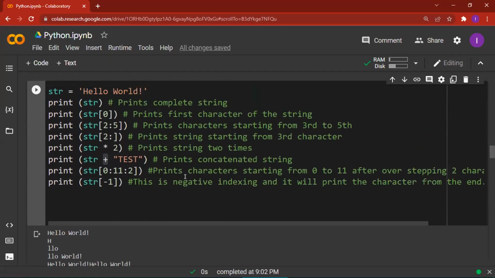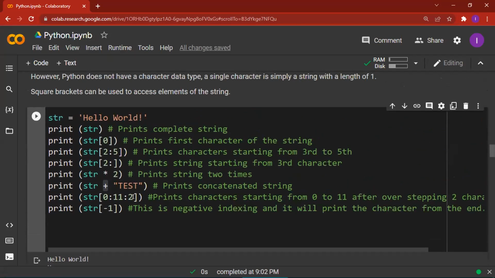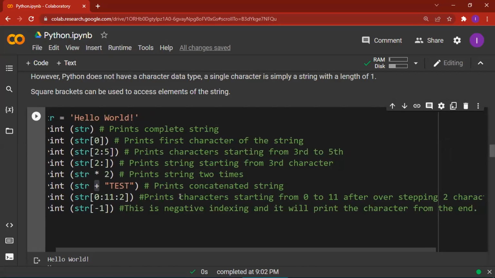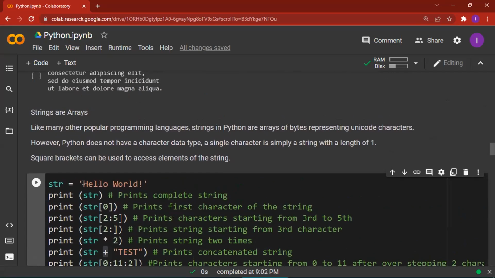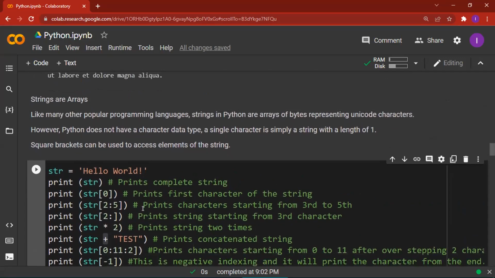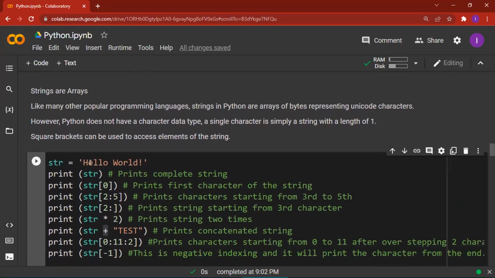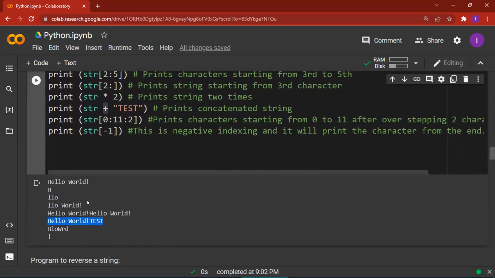And another concept of this slicing is that we can also skip some characters in between. That is, the syntax is start, end, and then the steps that we need to take. Print characters starting from 0 to 11 after overstepping two characters. That is, it is going to start from H. It is going till this exclamation mark, but it is going to overstep. That is, it is going to skip the characters after the second index. As you can see the output,